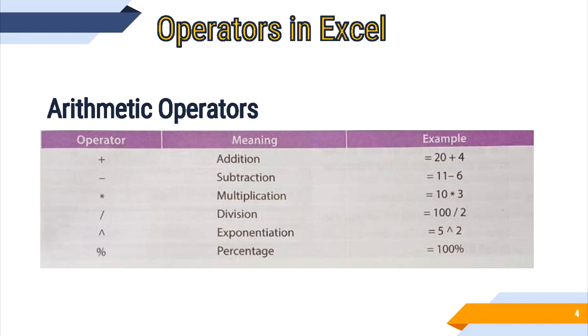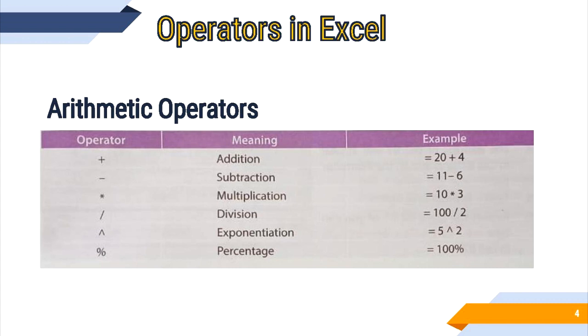There are different types of operators. Let's learn about them. The first one I am going to explain to you is arithmetic operator. So the arithmetic operator performs calculation with numerical values only. I mean to say only with the numbers the arithmetic operators can be performed. So the first one is addition. You can see the example. I have started with the is equal to symbol. So whenever you start any calculation, you need to use the is equal to symbol. So =20+4. So plus is an addition operator.